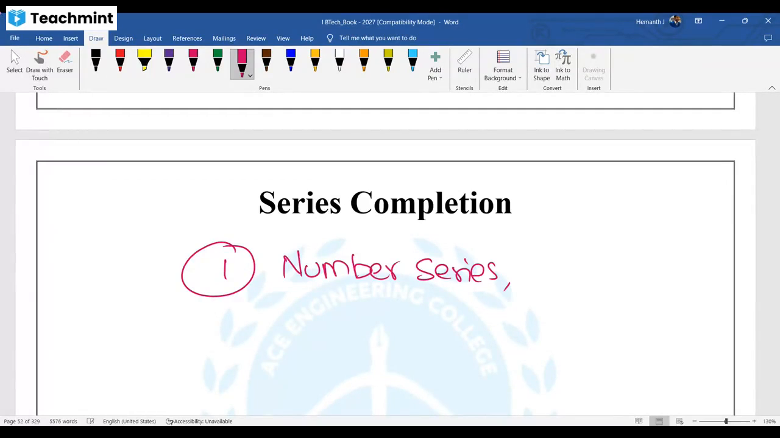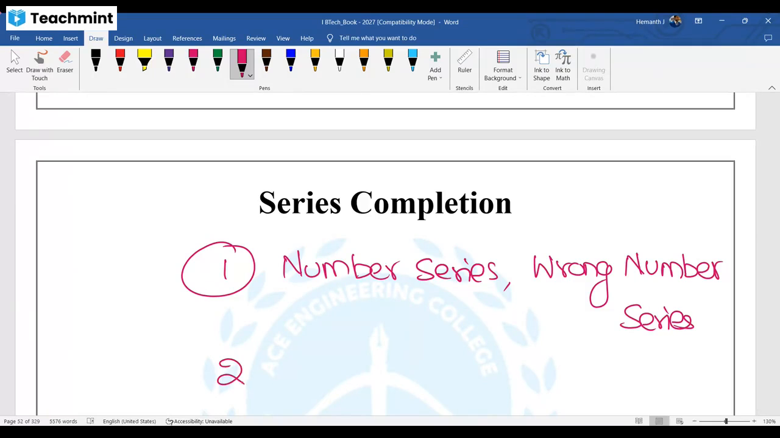Wrong number series. Both have similar logic. If you understand number series, you people can easily solve wrong number series as well. Number series, wrong number series. Next one is